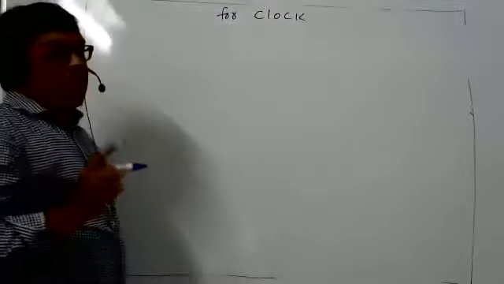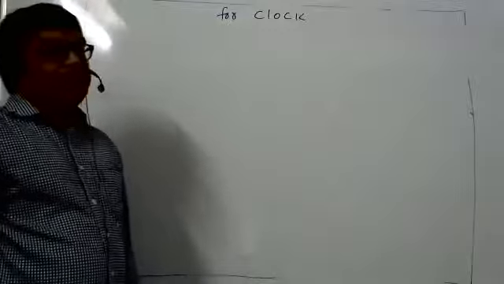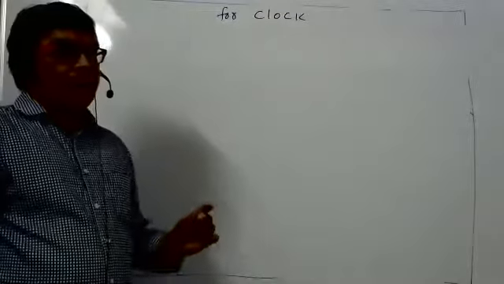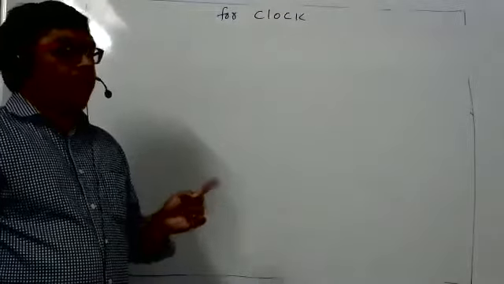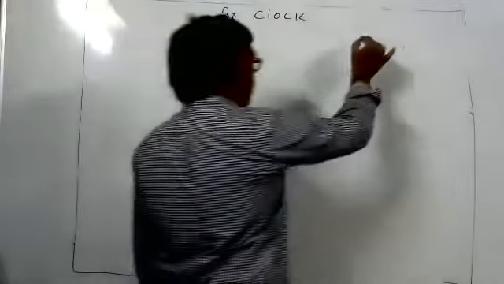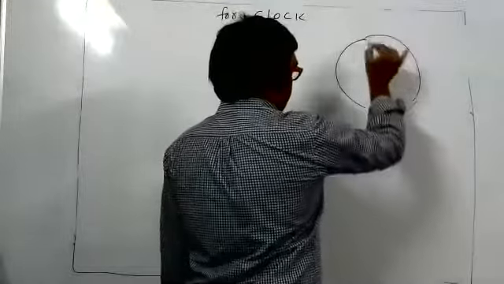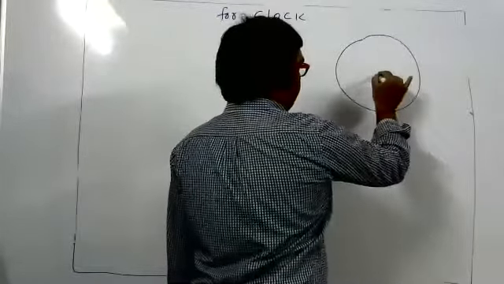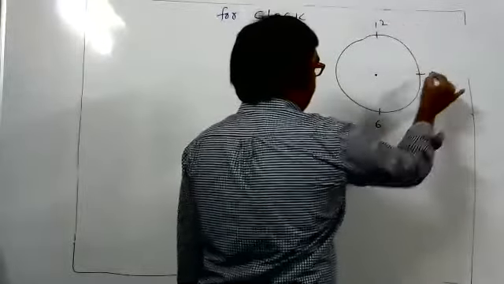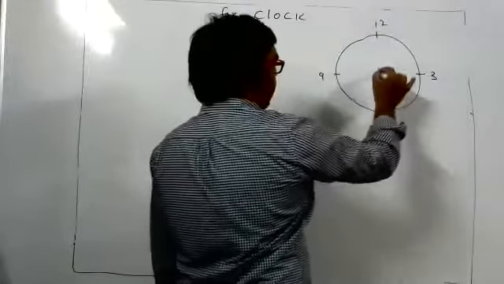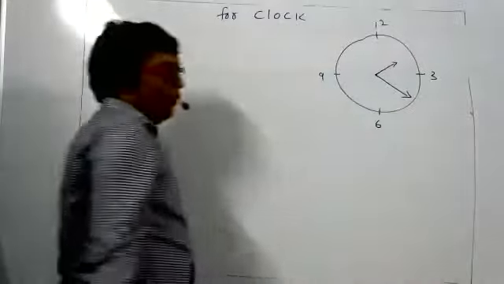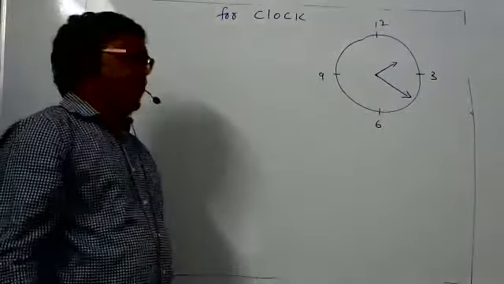Now coming to the clock. In a clock, there are two hands. Actually, there are three hands, but we are talking about the minute hand and the hour hand. For clock, I'm teaching now, you concentrate on the minute hand. Suppose I draw a simple diagram of a clock. Here it is 12, down it is 6, right side it is 3, left side it is 9. There will be two hands: one short hand, that is the hour hand, and a longer hand, that is the minute hand. And one more will be the second hand, that I'm not drawing.